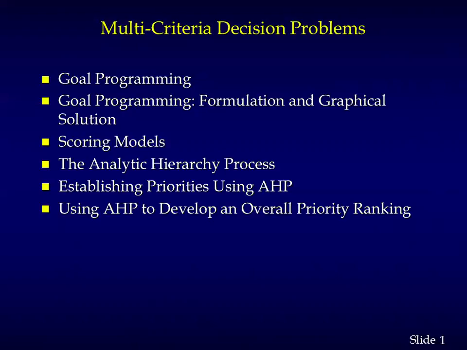So what do we do? Well, there are various things that can be done, and one of them is what is called goal programming. That's the first thing that we'll discuss, how to bring multiple objectives into linear programming. Those are for continuous types of variables. In the case of discrete variables, where we have specific choices to be made, we can bring in what are called scoring models. And there's a lovely systematic way of developing scoring models through something called the analytic hierarchy process, which is gaining